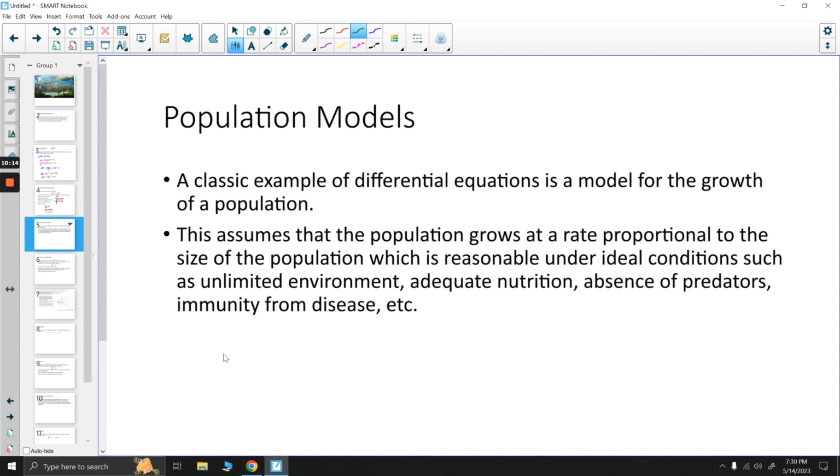Now, a classic example of differential equations is a model for growth of a population. This assumes that population grows at a rate proportional to the size of the population, which is reasonable under ideal conditions such as unlimited environment, adequate nutrition, absence of predators, immunity from disease and so on. We can get more advanced population models, but at least for an initial point, we can often follow a population model with these assumptions, at least until a certain point. So for example,